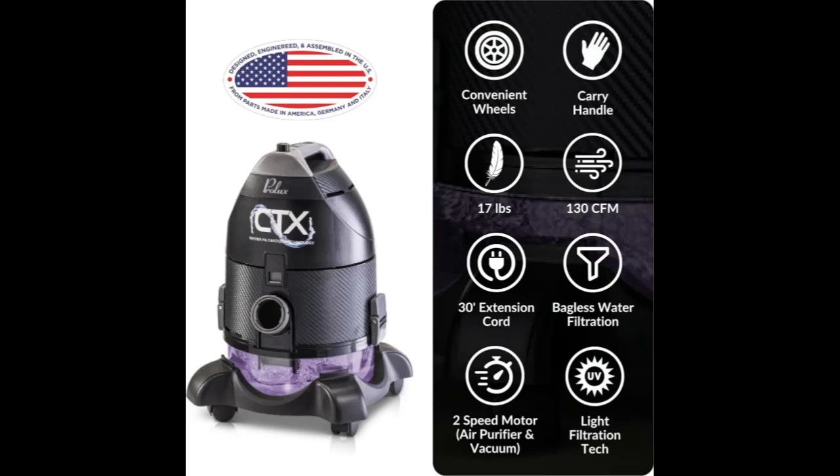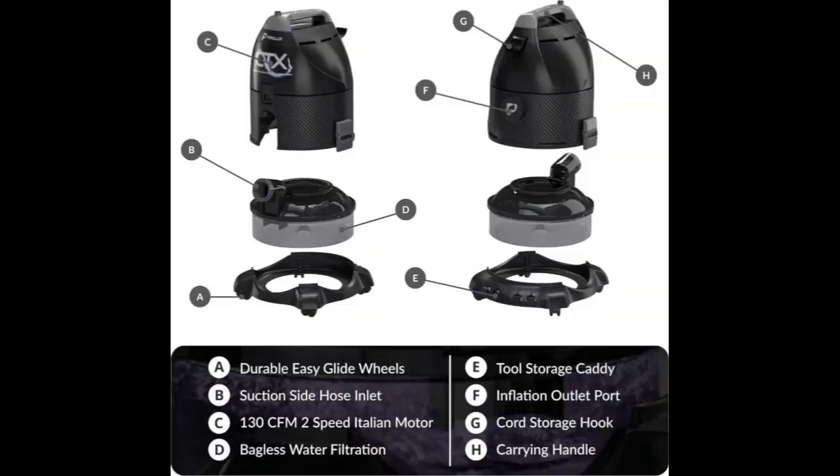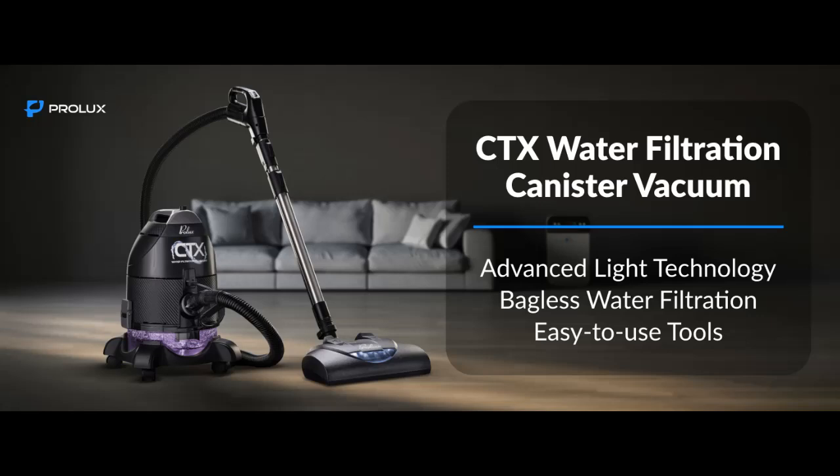Use for any and all surfaces. Designed to deep clean floors, couches, and other surfaces within a 30 feet radius, it removes dust, dirt, pet hair, and more. Assembled in the USA: designed, engineered, and assembled in the USA with parts made in America, Germany, and Italy,